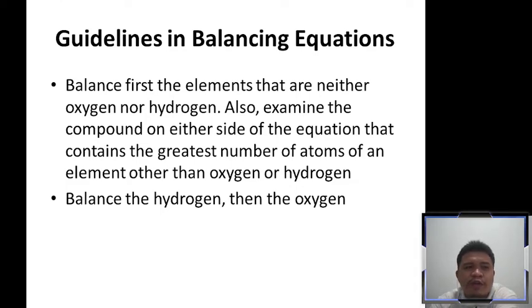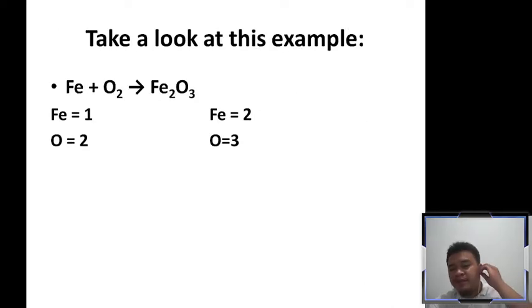Okay? So why do I do that? I need to identify the element which has a greater number of atoms because usually I balance them first. Sorry, it's reversed. Usually I balance them first. So then after balancing them, I balance the hydrogen and then the oxygen, and the rest will just follow easily. Let me give you an example. For example, this is what we did a while ago. So Fe plus O2 yields Fe2O3. So as you can see, it is an unbalanced chemical equation. What we can do to balance this equation